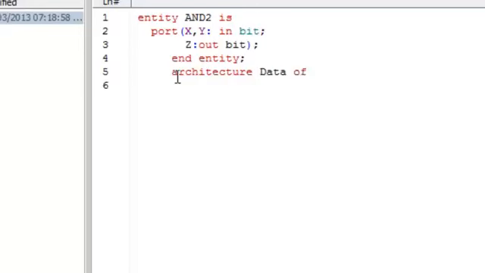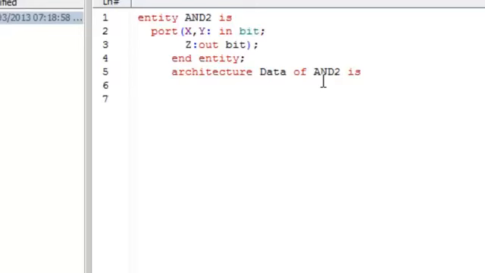You have to link your architecture with the entity declaration. So after using the keyword architecture, you give the name to your architecture, and bind it with the entity AND2. So you write the name AND2, the name of the entity to which you are going to bind this architecture. There can be n number of architectures bound to a single entity.